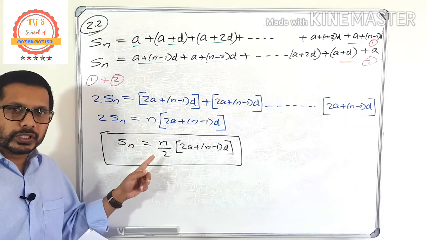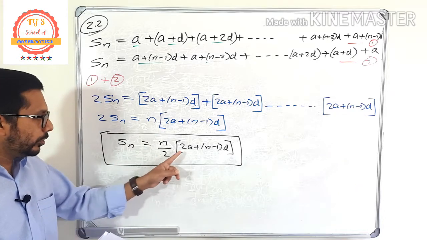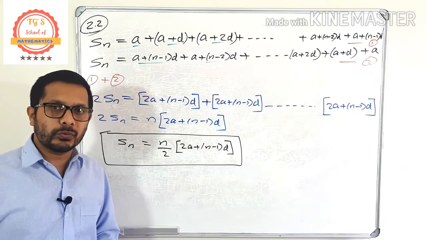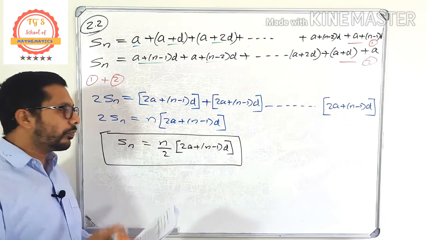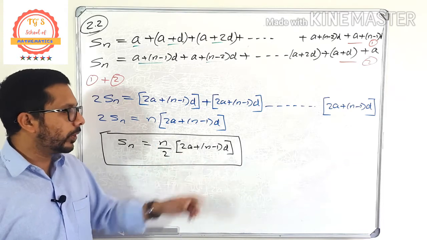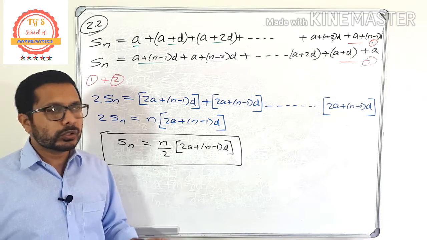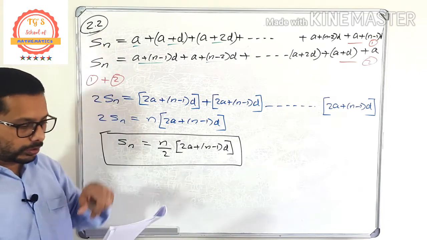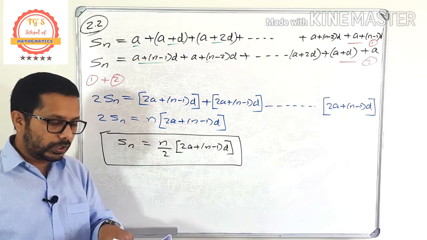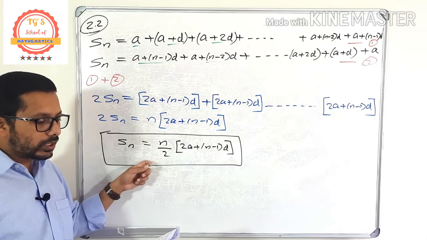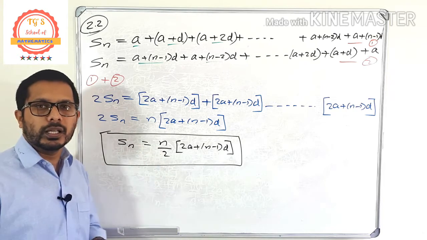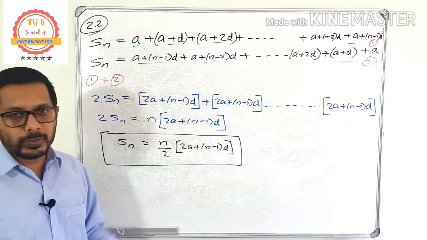So you know this equation, Sn is equal to n over 2 into 2a plus n minus 1 into d. What is that equation? That is the formula to find the sum of n terms of an arithmetic sequence, n over 2 into 2a plus n minus 1 into d. So that is question number 2.2. Look at question 2.2 once more: derive a formula for the sum of the first n terms of an arithmetic sequence. So this is the formula to find the sum of n terms of an arithmetic sequence.